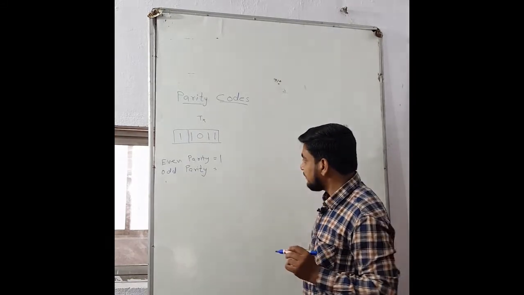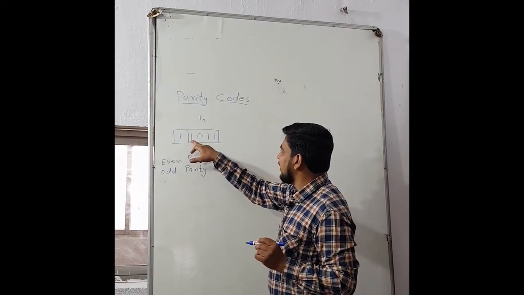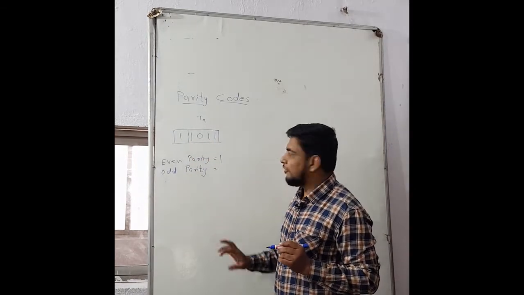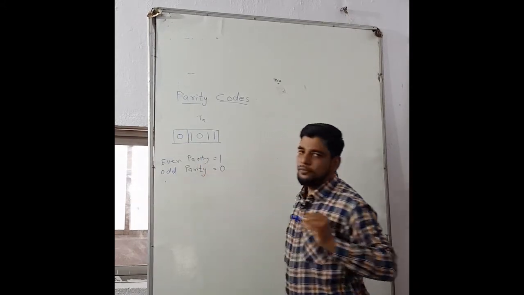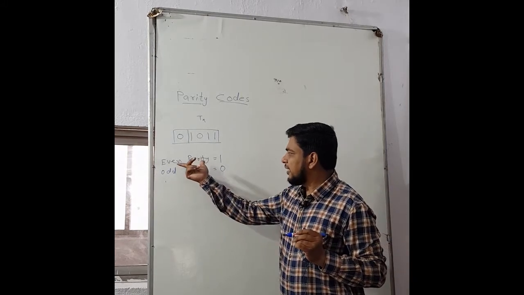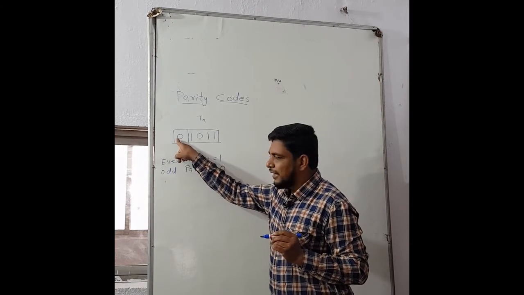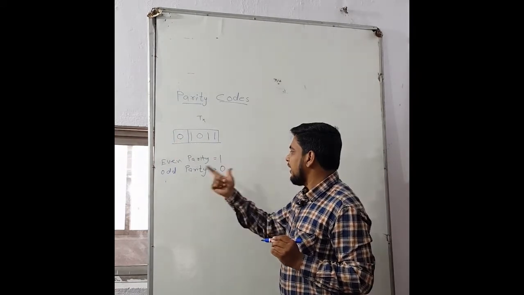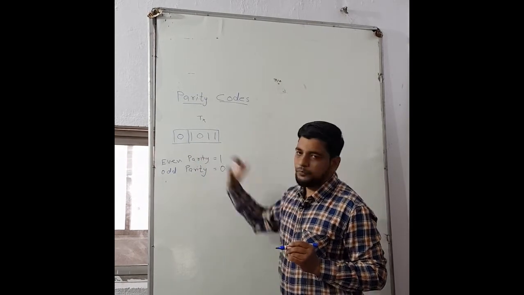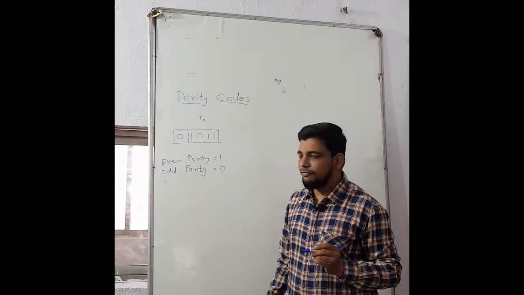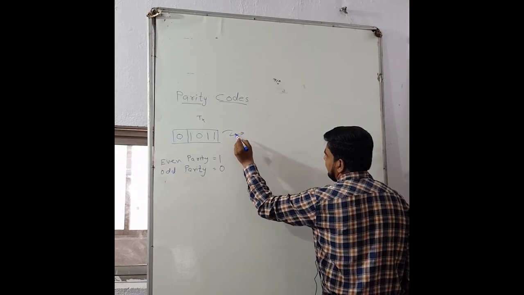through the transmitter. Suppose I am considering an odd parity. For the odd parity, the number of ones are 1, 2, 3, already odd, so the odd parity bit should be 0. So whether we have to consider an even parity or an odd parity, if it is an even parity, for this information the extra or redundant bit will be 1, and if I am considering an odd parity, then for this information the odd parity bit will be 0. In this way we are encapsulating the information and transmitting from the transmitter.